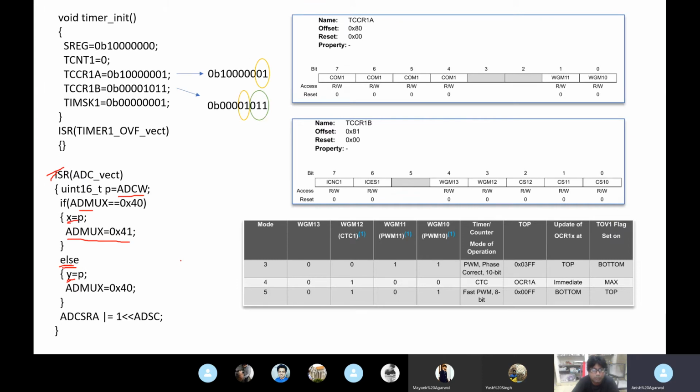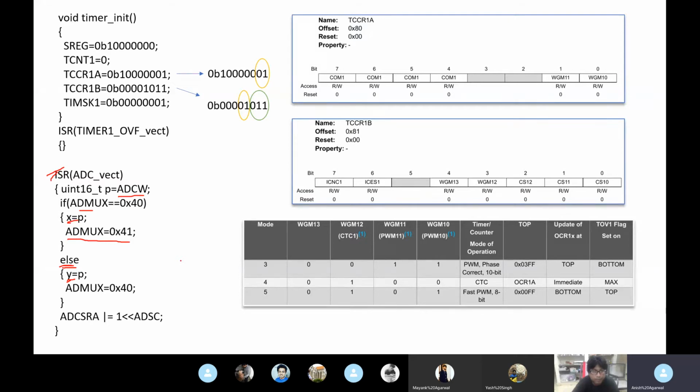So here, if ADMUX is equal to this one, then it is doing this, else y is equal to... You have not used switch case, huh? No, sir, I have not used switch case because in switch case there was some lag coming. But in C++ we are taught that if else works faster than switch case, so I have used if else. Lag means how much? Sir, a small lag in the output was coming. That is why.